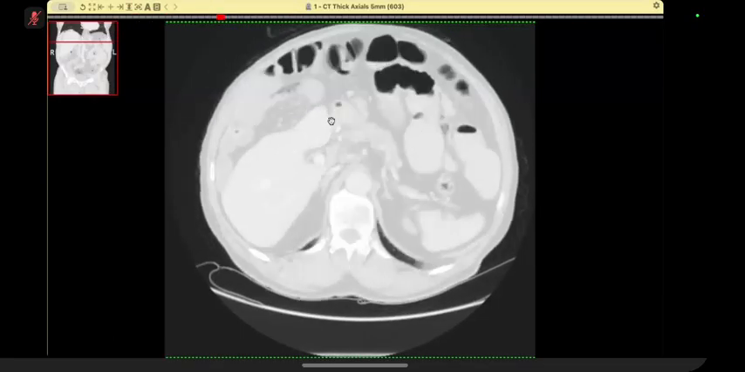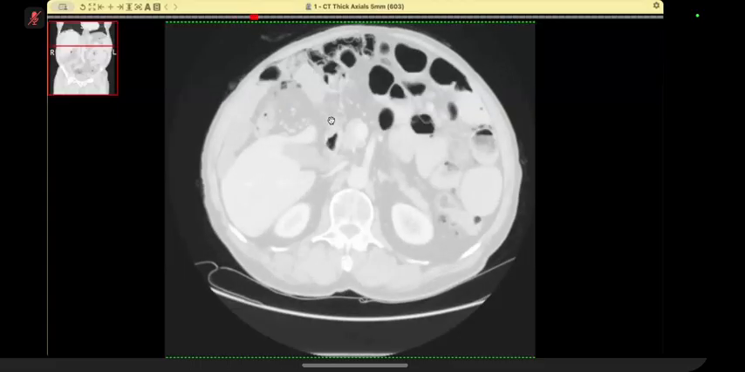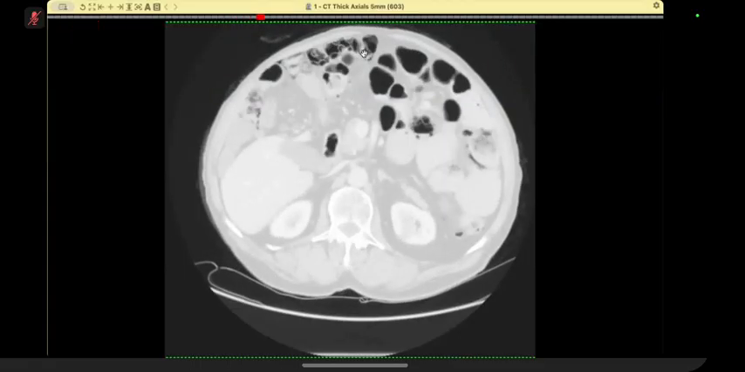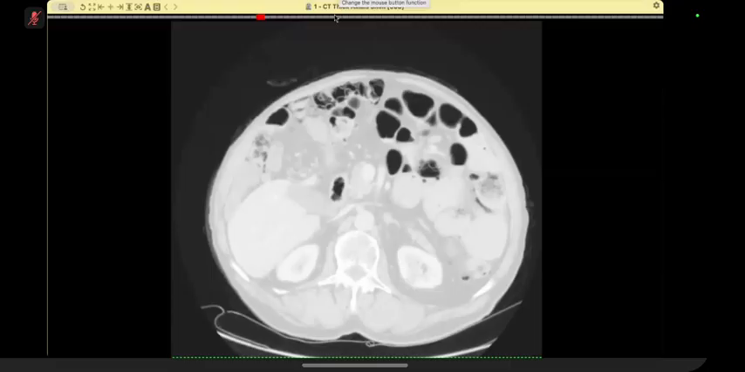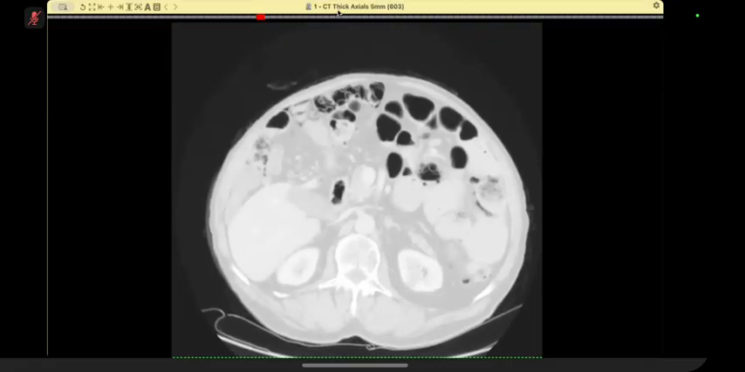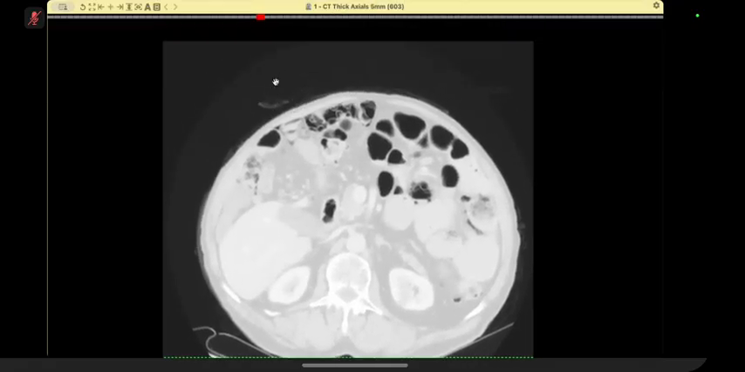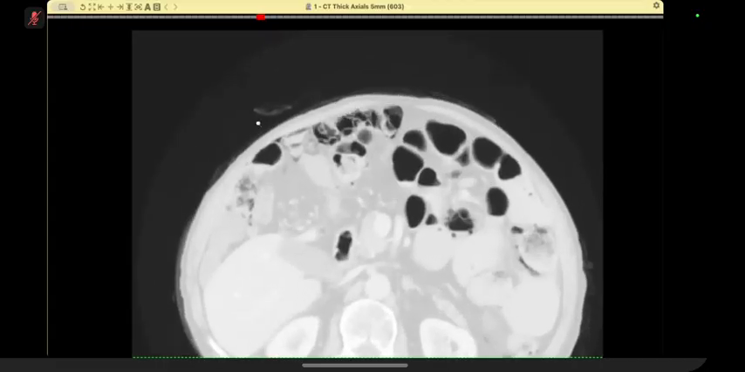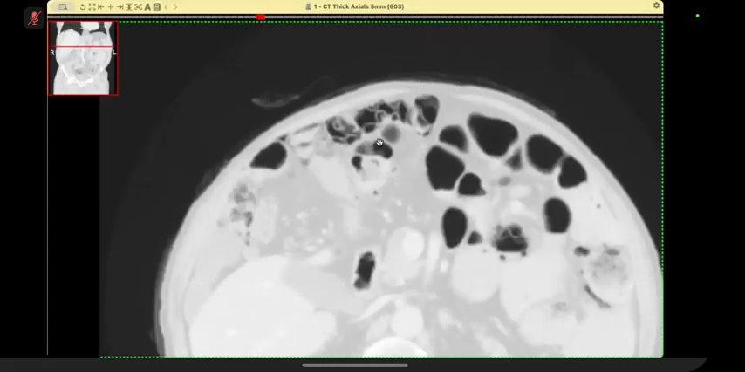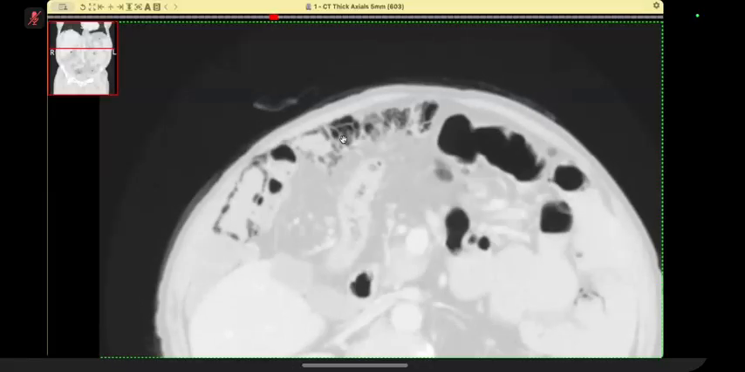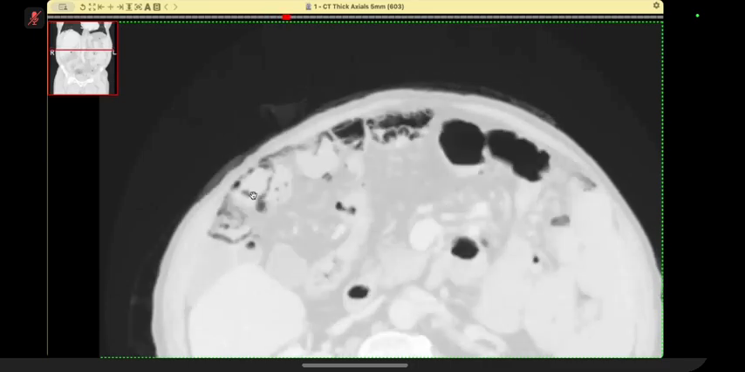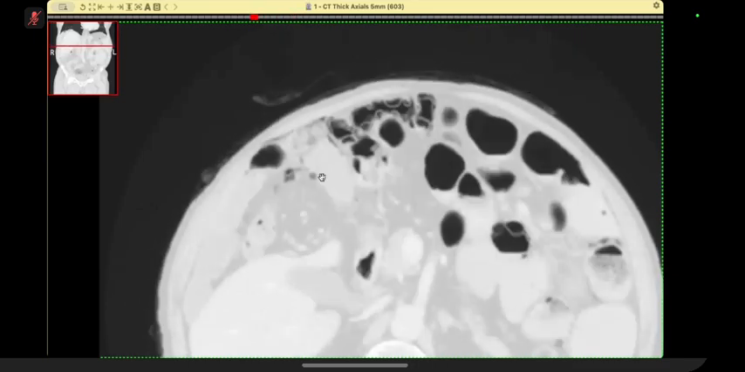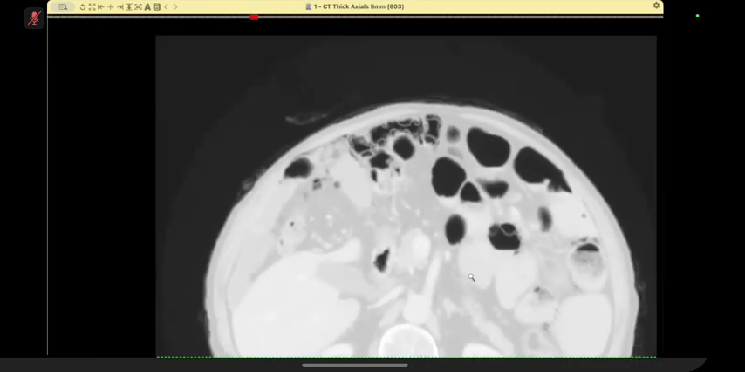Now, as we go, look at these, which the candidate pointed out very well. You can see bubbles. Look at these bubbles, just like the barium studies which I was showing you. And you can see all of these bubbles right and left. And of course, there